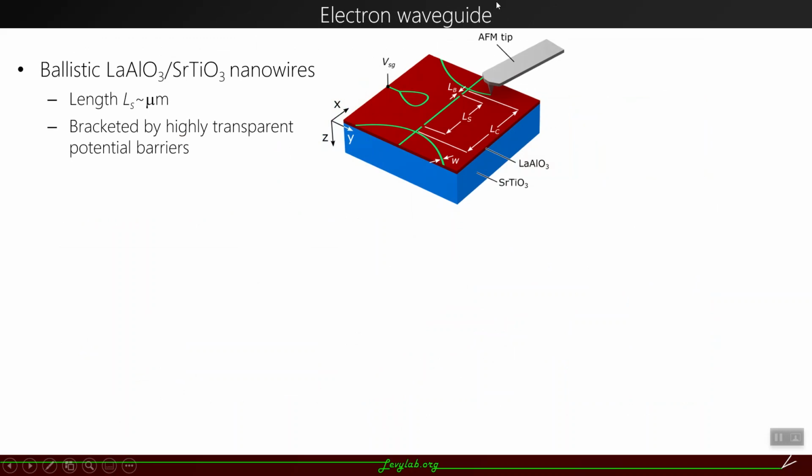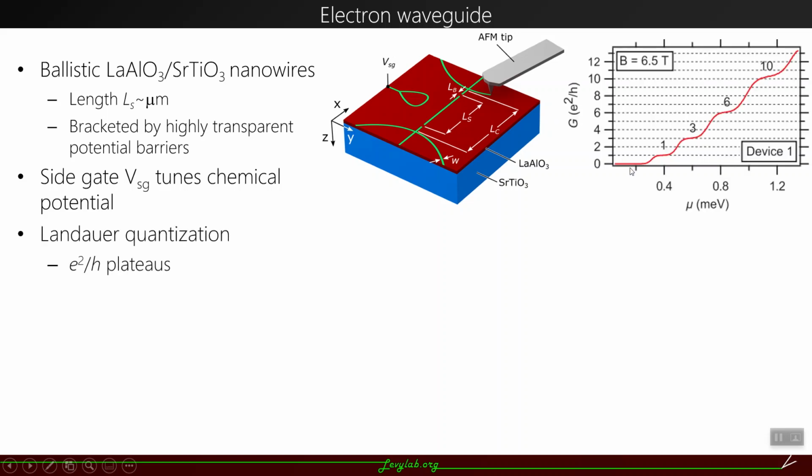First, I'd like to briefly introduce the electron waveguide. This is a typical device configuration. The electron waveguide is fabricated by bracketing a regular nanowire with 2 highly transparent potential barriers. The typical length of an electron waveguide is at the micrometer scale. In the device, by applying a voltage to the side gate, the chemical potential of the electron waveguide can be tuned. The conductance of the electron waveguide is